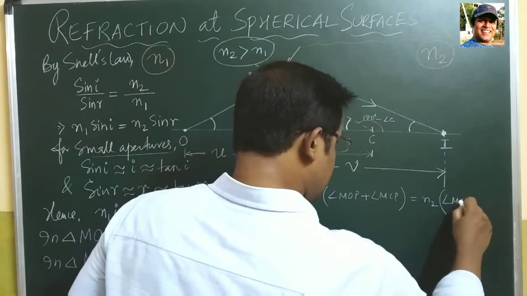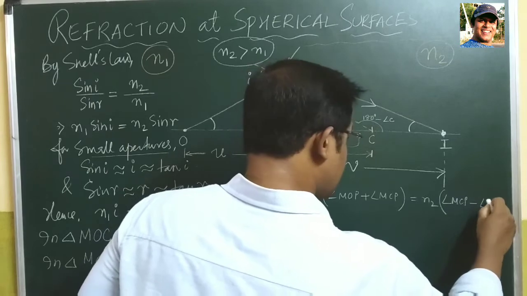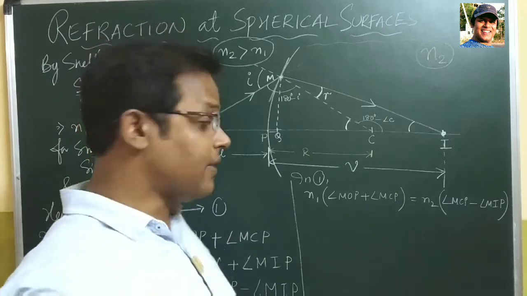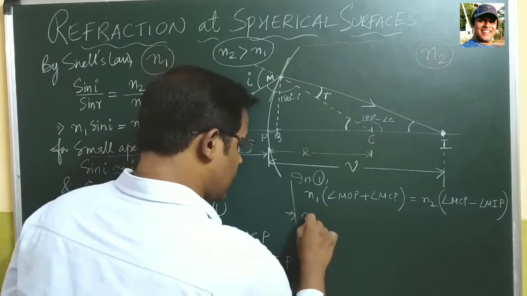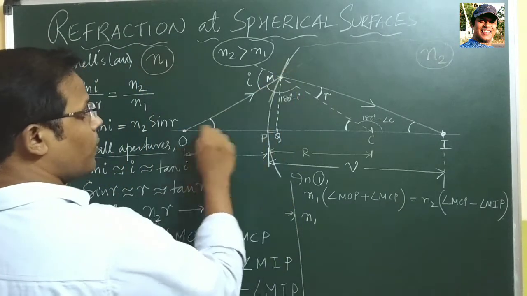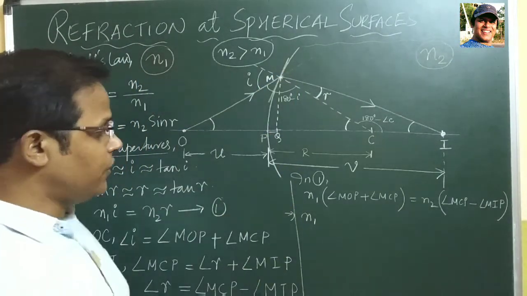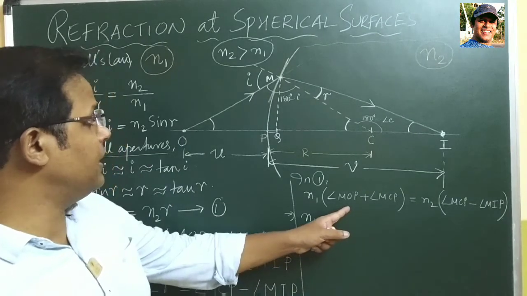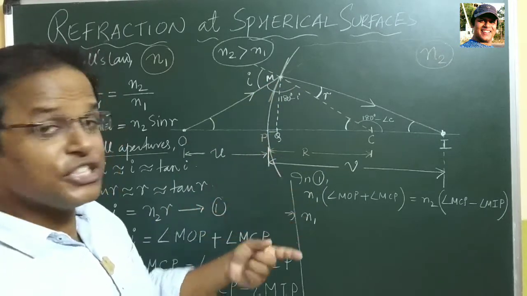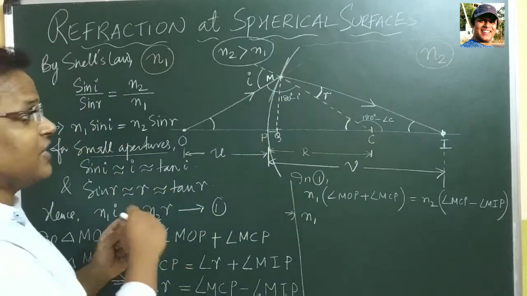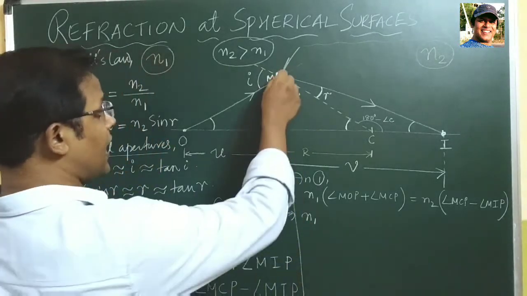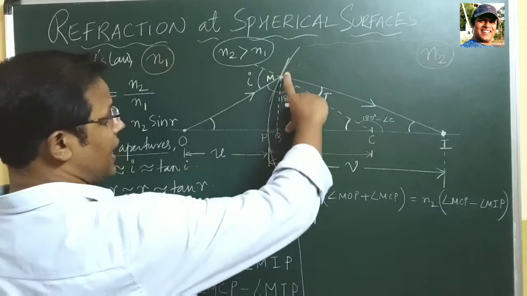Angle MCP minus angle MIP. Hope I am clear? Yeah, right. So let us see quickly what is there. Angle MOP. Okay, right. So even if you take the tangent of this angle MOP, as I already told you, the tangents and the sines will be almost equal to each other because of smaller apertures. So angle MOP can be written as